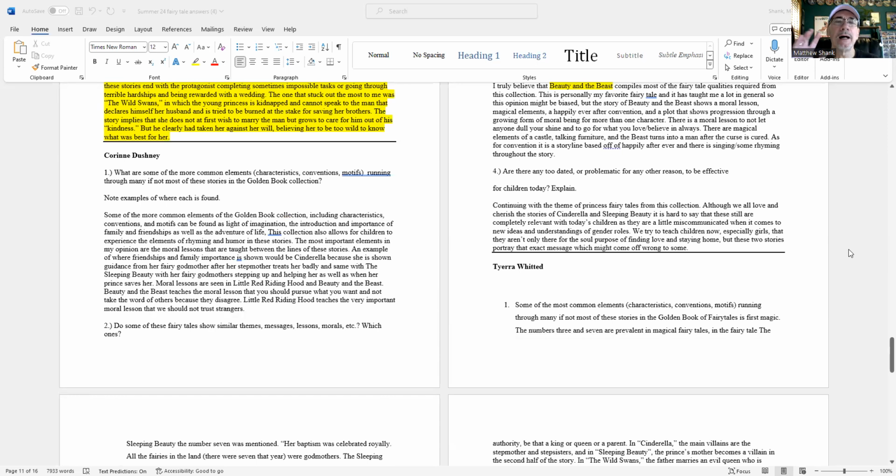And again, I'm not going to ask you about Beauty and the Beast. What did I say? Beauty and the Beast, Cinderella, or Little Red Riding Hood, because those are ones that are so universally known that I want to move past those. So look over the other ones in preparation for the midterm.